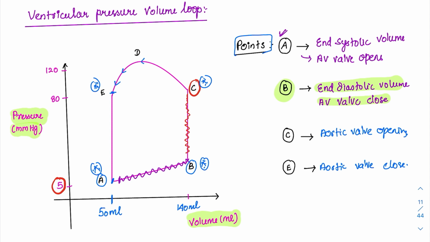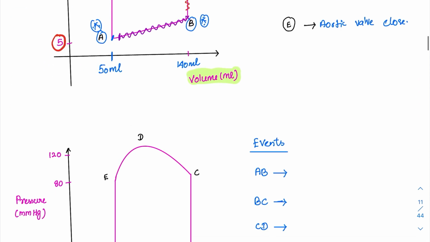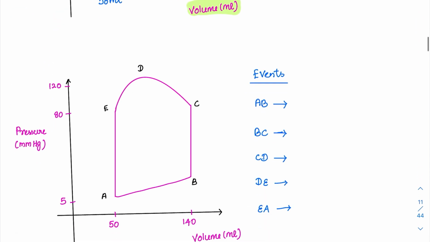Now let's talk about the events happening in this pressure volume loop. What is the event happening between A and B? Our ventricle is getting filled. So we can say it is ventricular filling. What is the event happening between B and C? Here both the valves are closed. What is happening? It is contracting. That is called isovolumic